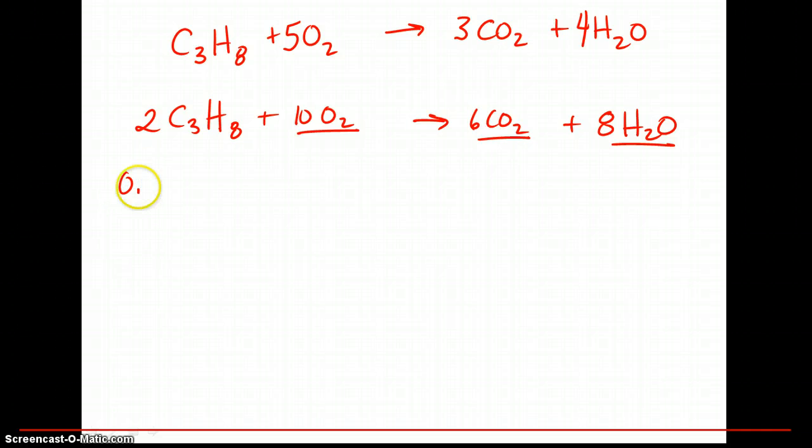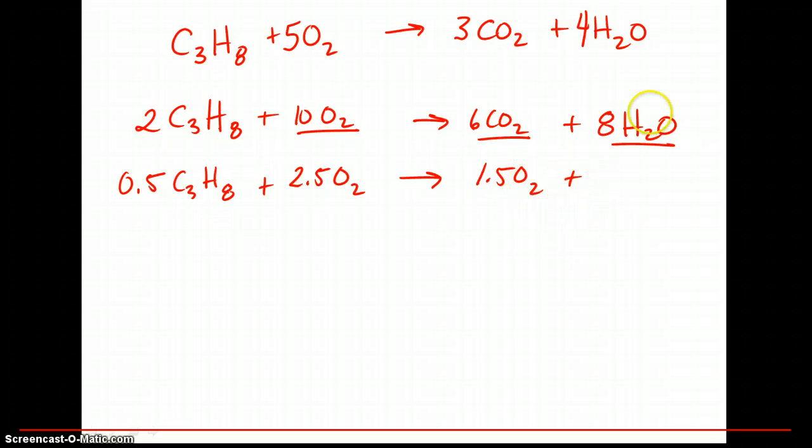So in this case, I have 0.5 moles of propane. So in that case, I take this number and I realize, oh, this is half of the quantity. I need to make this 2.5 moles of oxygen, this 1.5 moles of O2, and this here 2 moles of water. Okay? And we can continue on with a number like we used before,